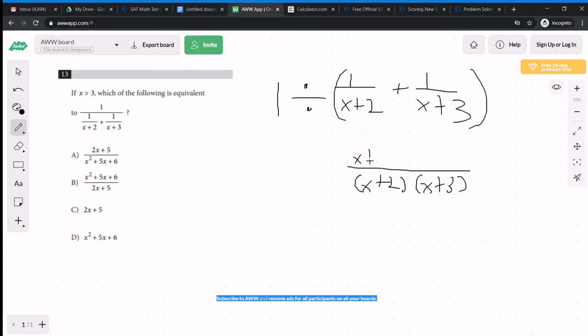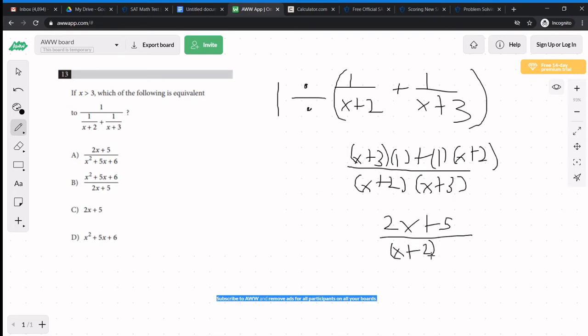It's going to be x plus 3 on top, since it's just x plus 3 times 1. And then for this one, you need to multiply top and bottom by x plus 2. So you get 1 times x plus 2. Right, so we get x plus 3 plus x plus 2, so you get 2x plus 5 over x plus 2